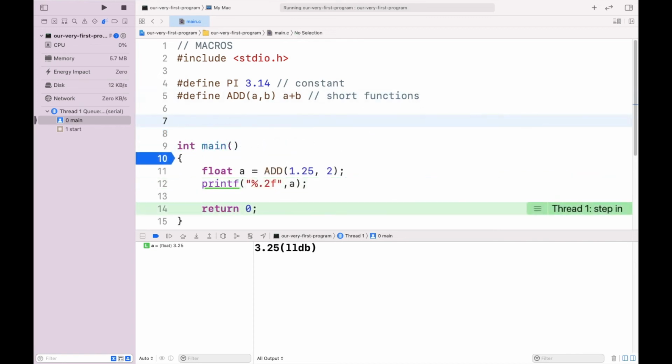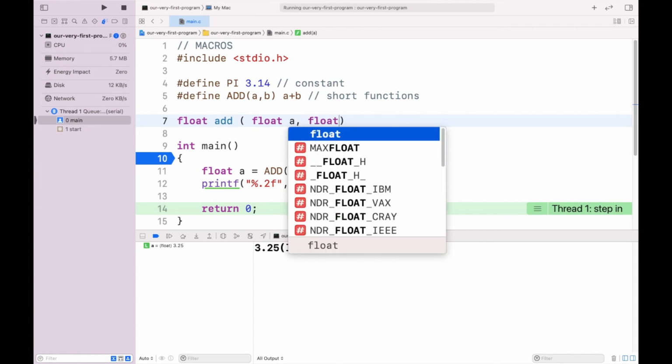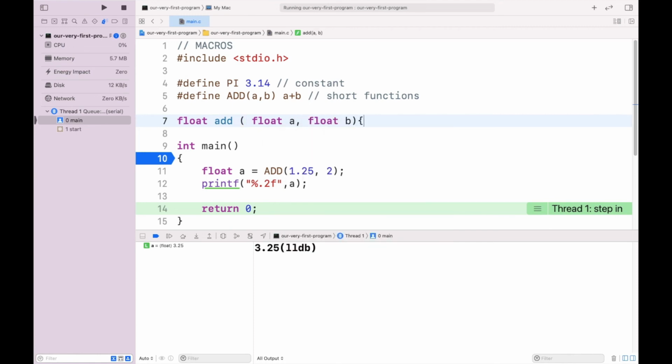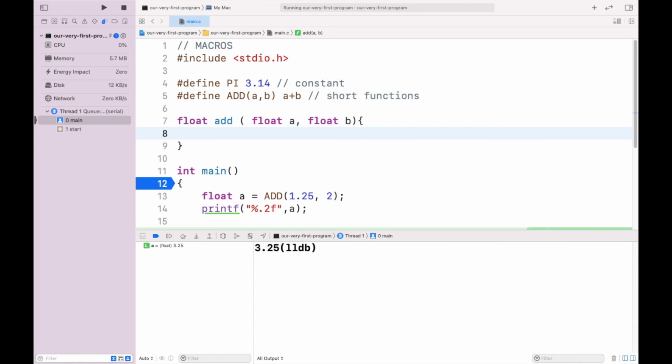I'm also going to define a function for better understanding. The return type would be float, add would be the name, float a and float b. I'm defining the prototype and the definition within the same line. You can do this also, but it is not preferred in practice or while writing a project; it is not advisable.